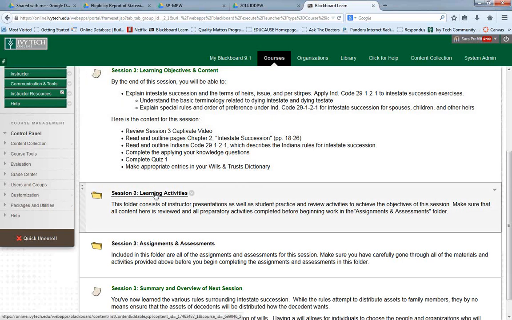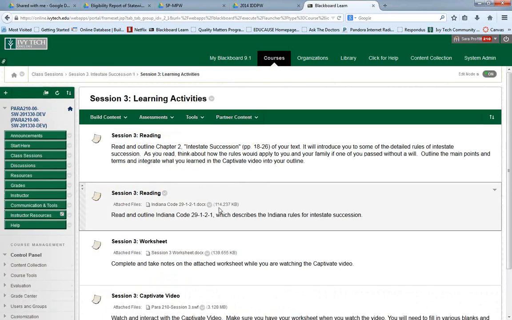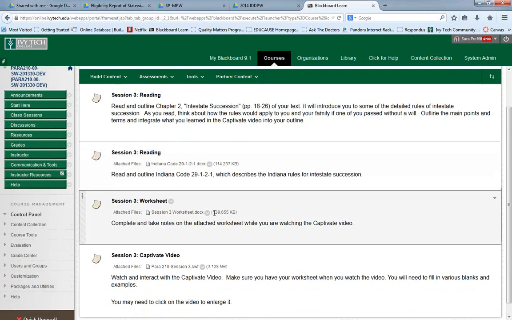In this session, we have a video, a Captivate video, that is interactive. The students also have our reading, some Indiana code sections, and somewhat unique to this course, because the content is very complex and requires a lot of vocabulary and that sort of thing,